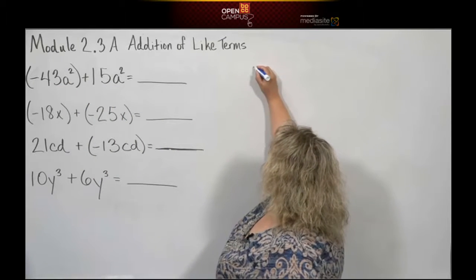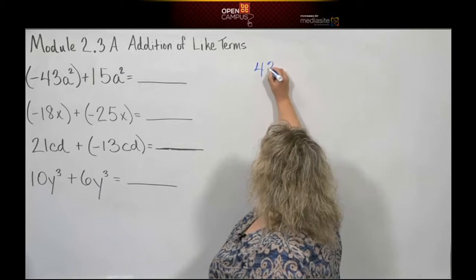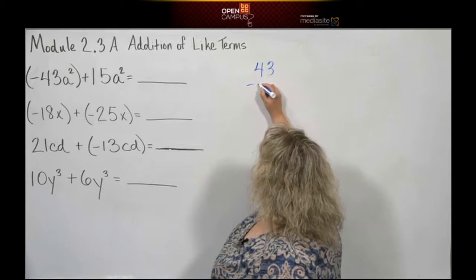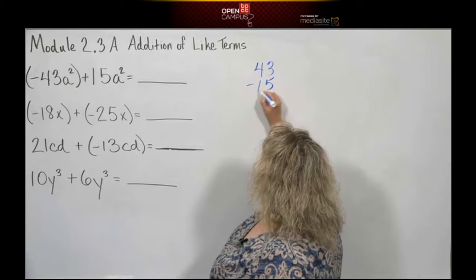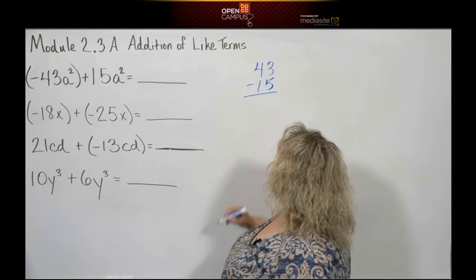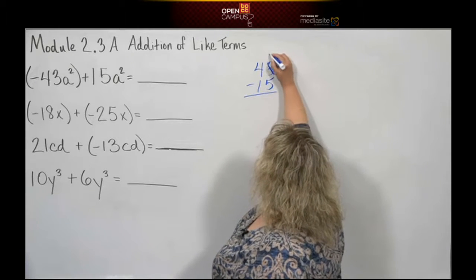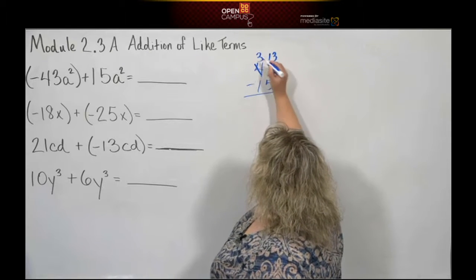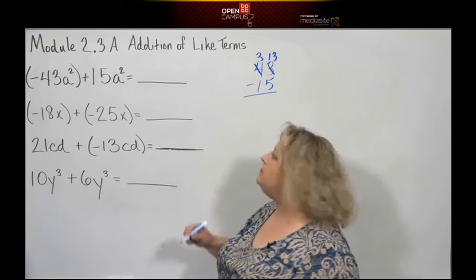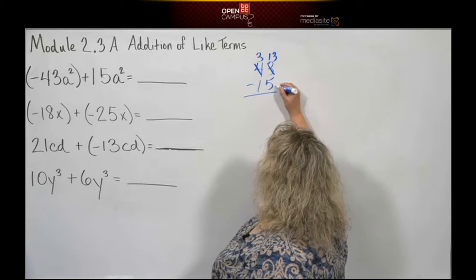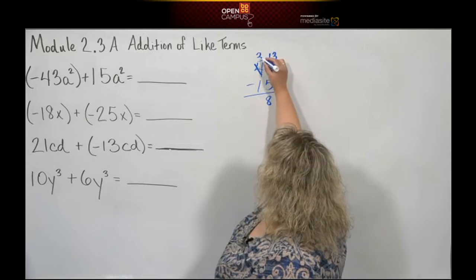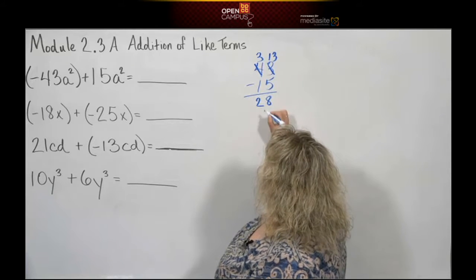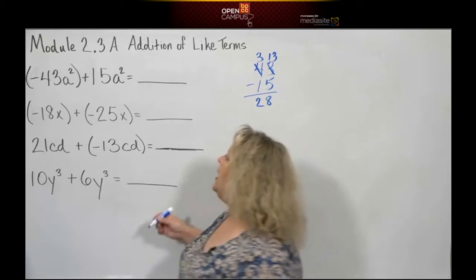So let's come over here and do our subtraction because the signs are different, so we have to subtract 15 from 43. And remember, to do that, you're going to borrow and make that 13, rename that as a 3, and do your subtraction. 13 take away 5 would be 8. 3 take away 1 would be 2. So our answer is going to be 28